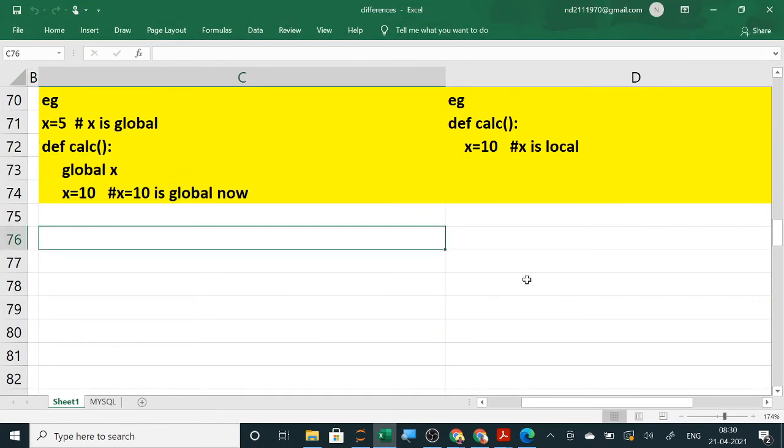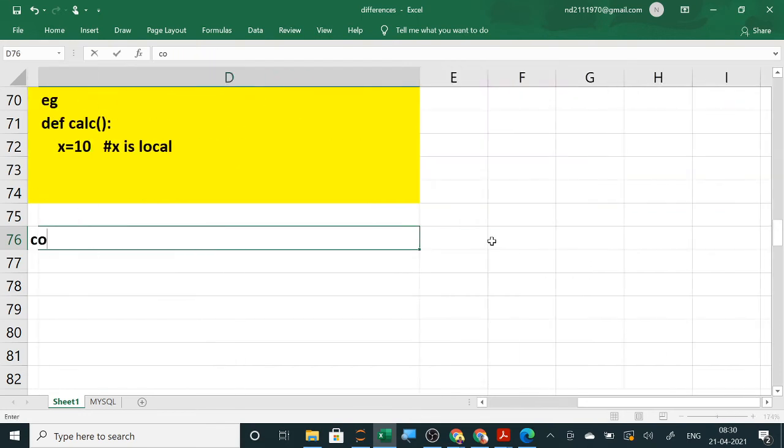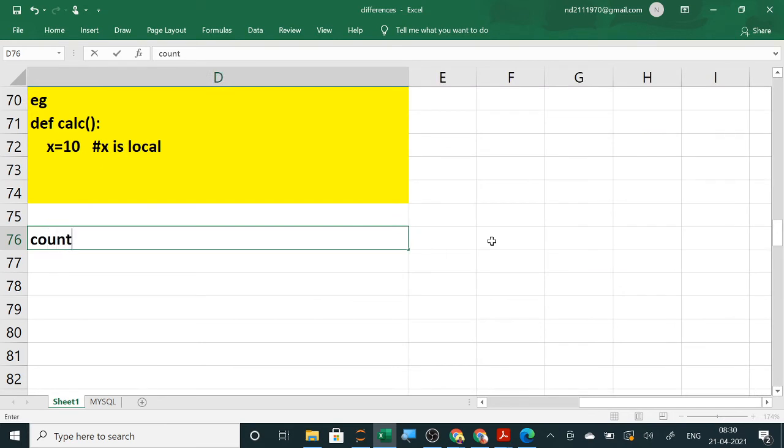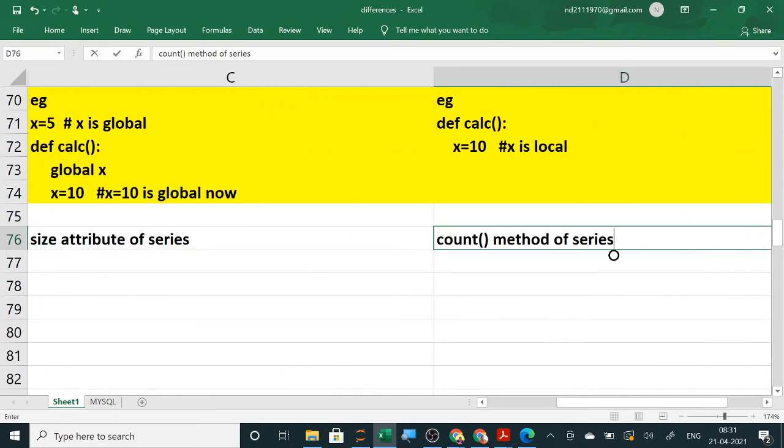So today we have done the difference between the size attribute of series and the count method. Both are counting. So what is the difference between the two?